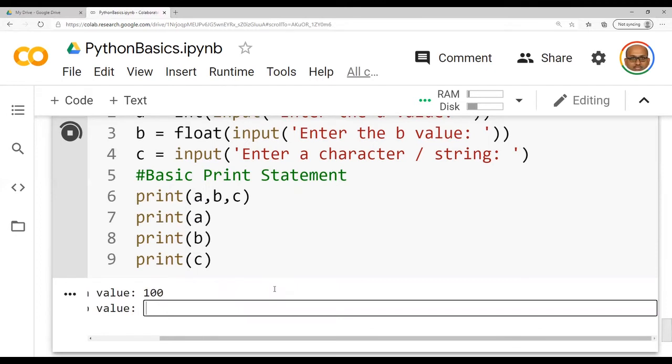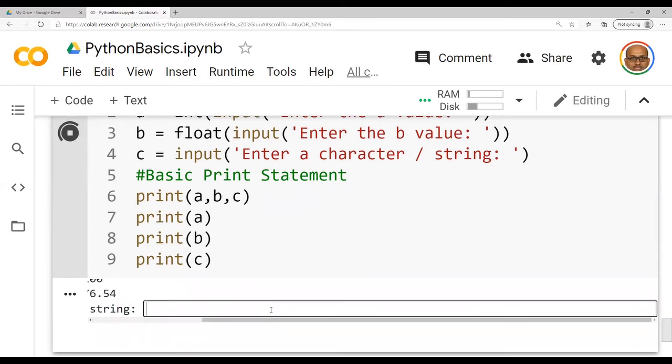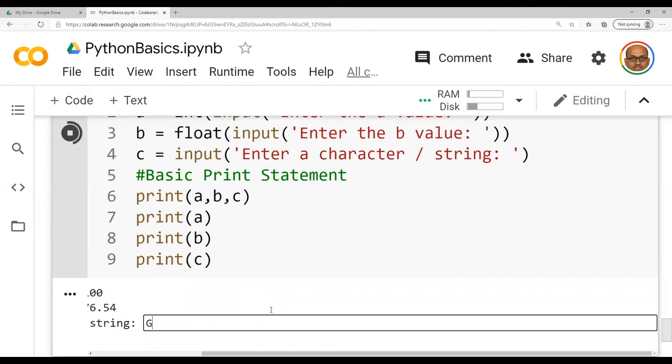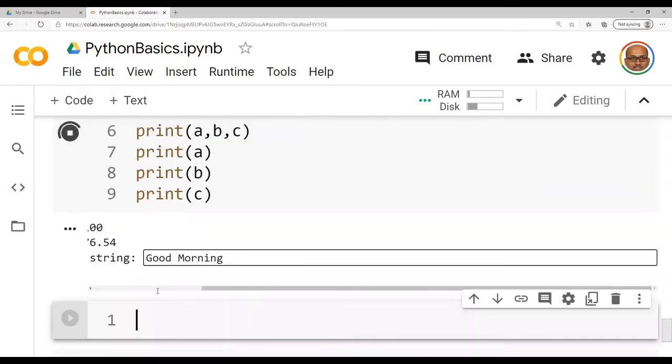B value 76.54. C value, it is good morning.